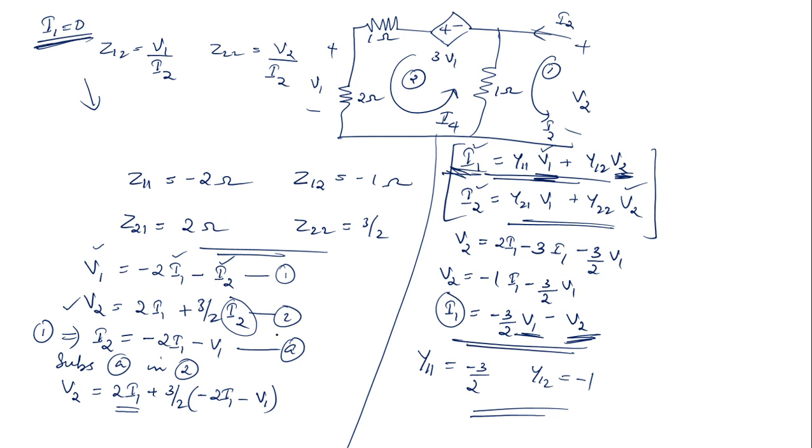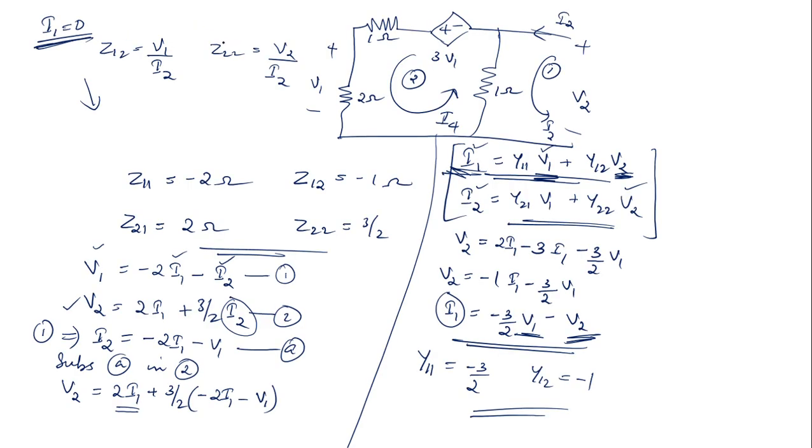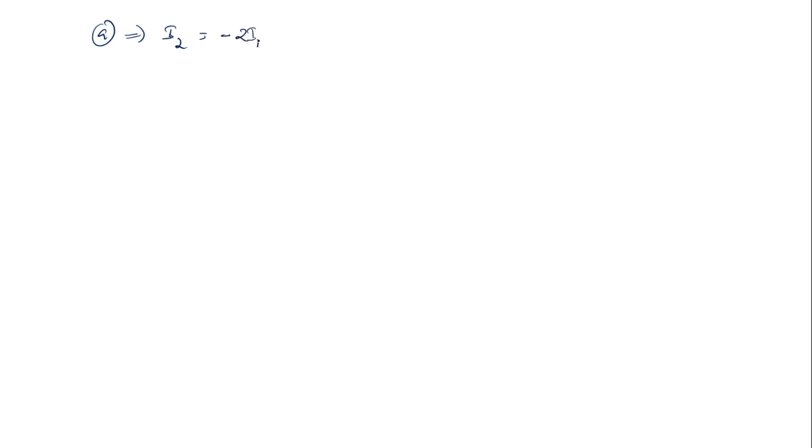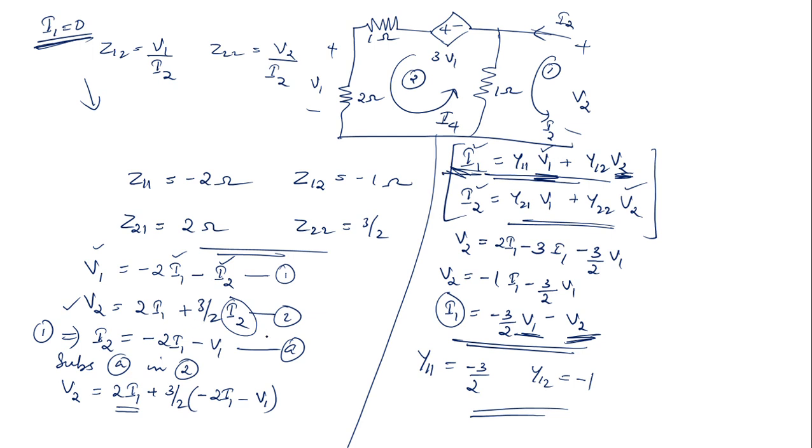Now again you need to do some other rearrangements and find out an equation for I2 equal to. Now you can just see your equation 1 is I2 equal to. So I will just write down equation A. I2 is equal to minus 2I1 minus V1. Okay, this is your equation A. I have just rewritten the equation A, and you can see that from equation 1 we have written equation A. So now you cannot use the equation 1. You have to use the equation 2 and find out what is I2 equal to.